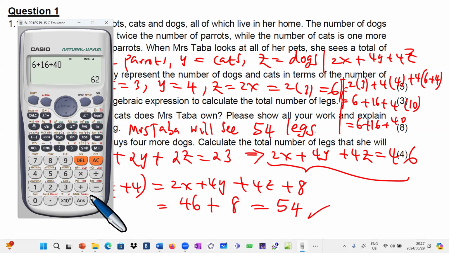I'm just trying to cross check, because there were 2x plus that, which is 46. Then now there are 4 more dogs, meaning that you'd add 4 more dogs. Therefore, how many legs will there be? This is silly, but I'm interested in seeing what's